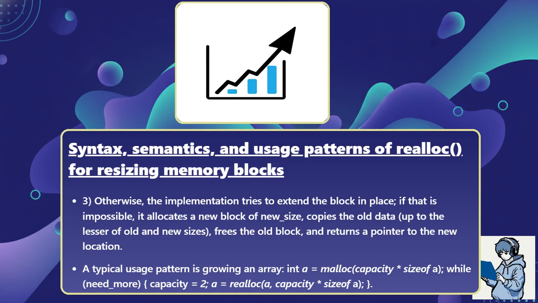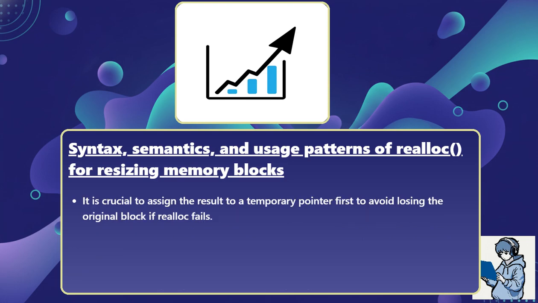A typical usage pattern is growing an array. Int star a equals malloc of capacity times sizeof star a semicolon, while need_more open brace capacity multiplied by equals 2 semicolon, a equals realloc of a comma capacity times sizeof star a semicolon close brace. It is crucial to assign the result to a temporary pointer first, to avoid losing the original block if realloc